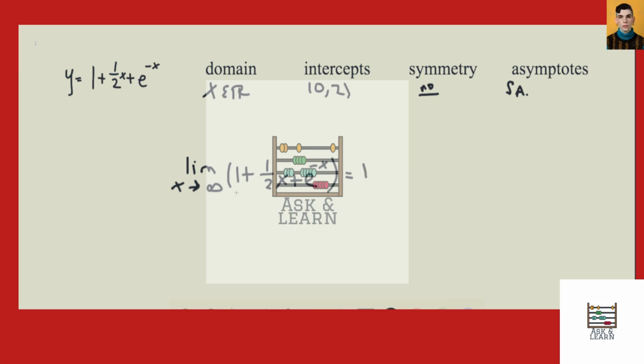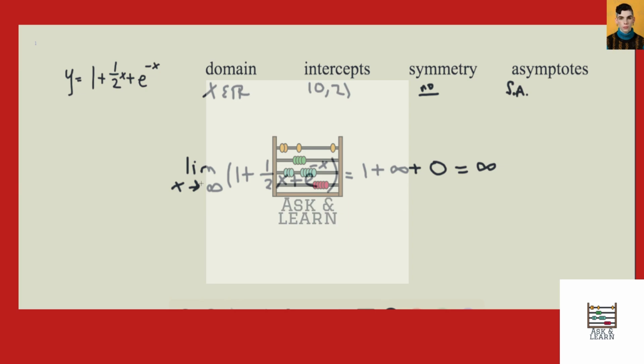The limit as x approaches infinity of half x is infinity, so plus infinity. And our last term, e to the negative x, we plug in the infinity, we get 0. And we get infinity. So that's saying that there are no horizontal asymptotes, but we do see a slant asymptote